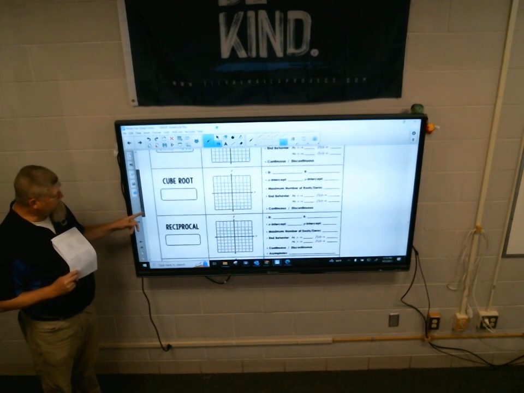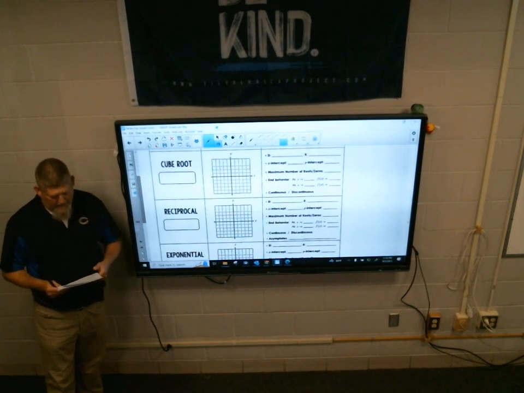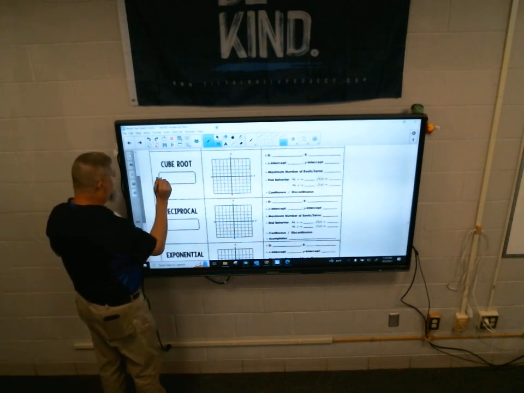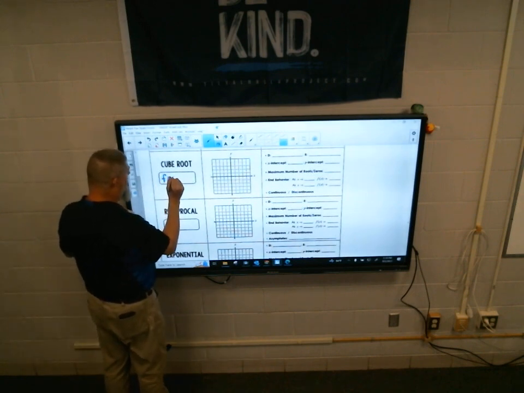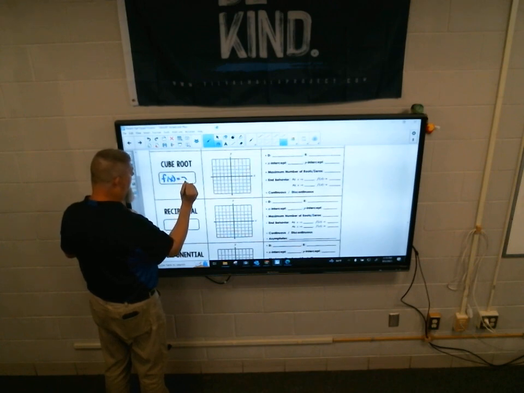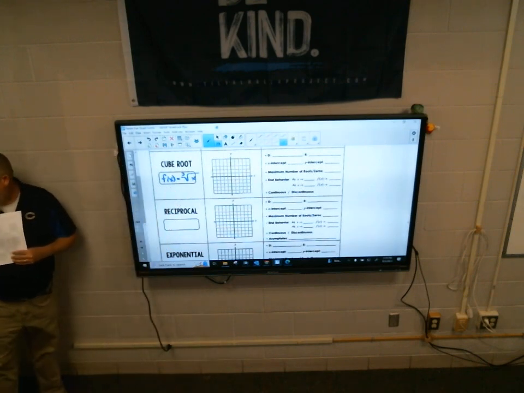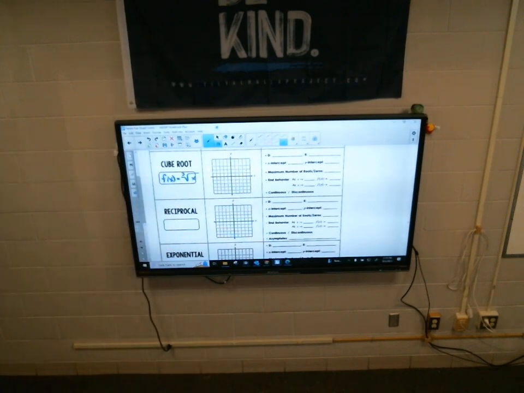All right, I'll save the rest for you here in just a minute. Don't start on it just yet, I'm going to give you time. Okay? Cubed root, f of x equals, and this is going to have a radical sign, and the index is a little 3. Cubed root. Okay? Now, just to make sure we understand what cubed roots are,